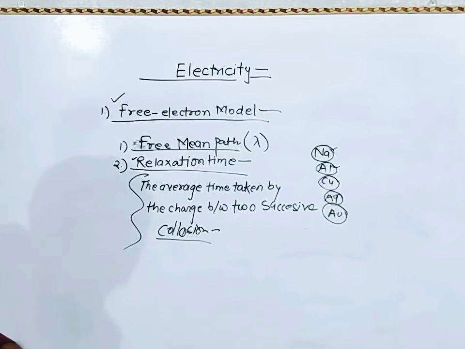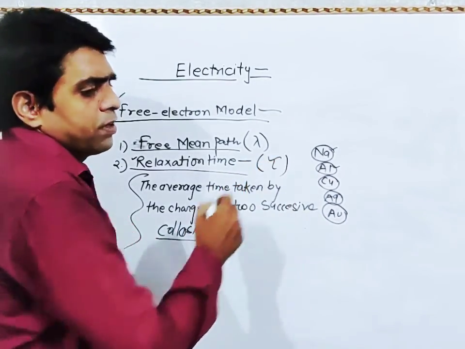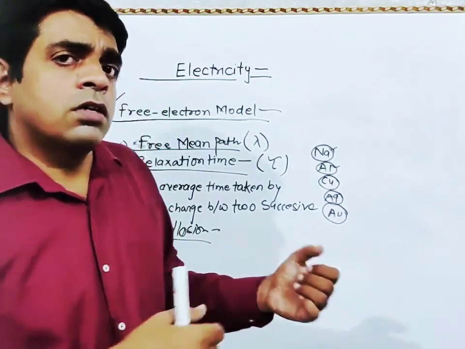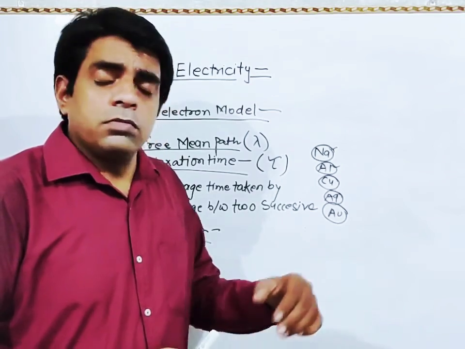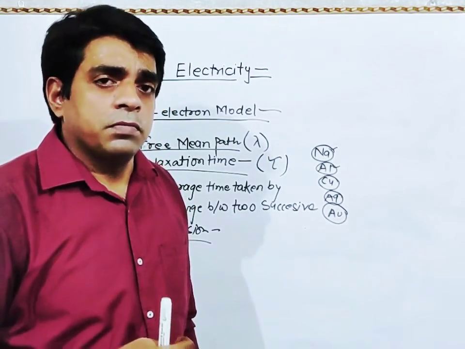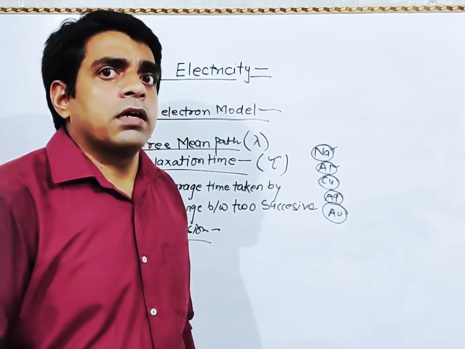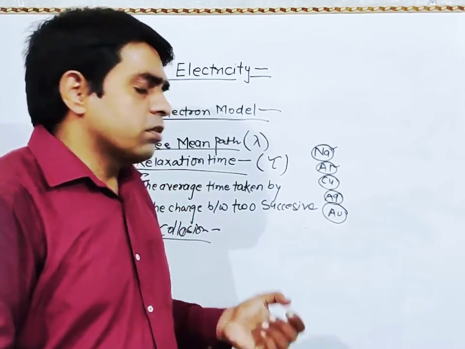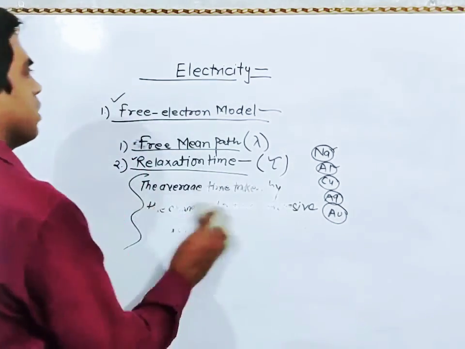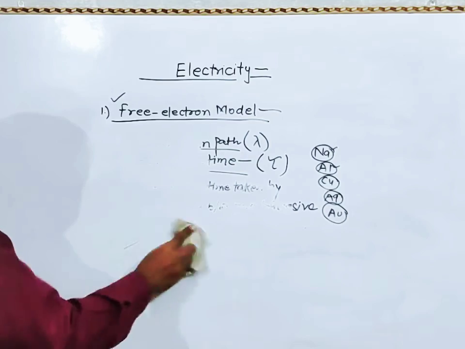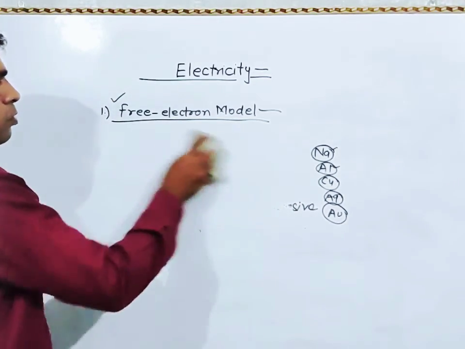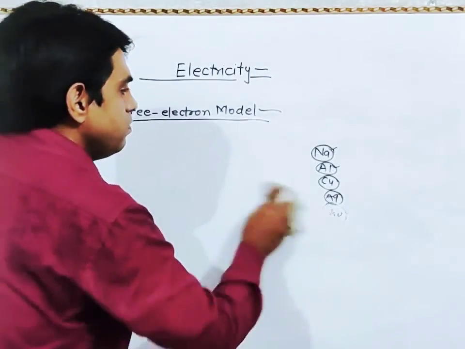तो what is the relaxation time, इसको टाउ से डिनोट करते हैं। तो बेसिकली the free electron has random nature, वो रैंडमली मूव करते हैं। तो due to the random motion they are continuously striking the positive nuclei, लगातार टकराते रहते हैं। So the free mean path is the distance traveled before the successive collision, and the time taken by the electron between two successive collisions, or the average time that elapses between two successive collisions, is called relaxation time। सो दो चीजें हम जान गए कि free mean path is the distance traveled before collision by the charges, and relaxation time is the average time that elapses between two successive collisions, that is called relaxation time।